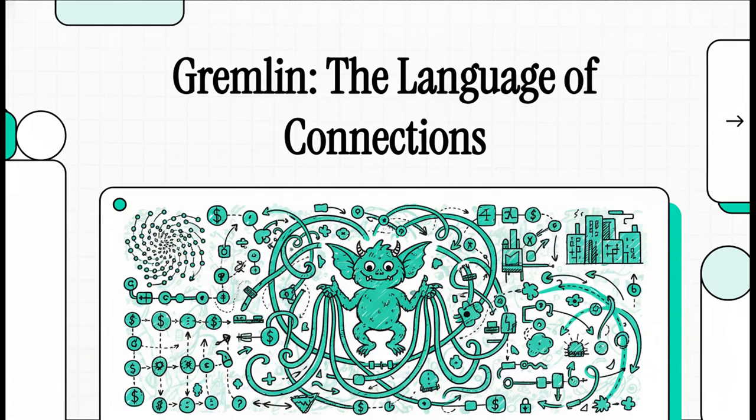All right, let's talk about Gremlin. This is a language that's really changing the game when it comes to how we understand data. I mean, have you ever wondered how investigators can possibly untangle these super complex fraud rings? Or how social networks map out literally billions of connections? Well, the answer is in thinking about data in a totally different way, and that's exactly what we're gonna explore